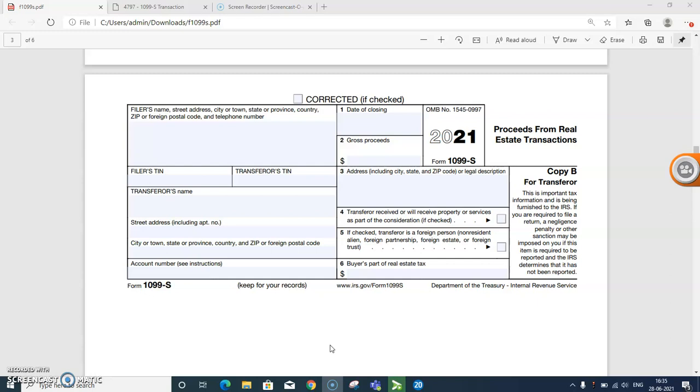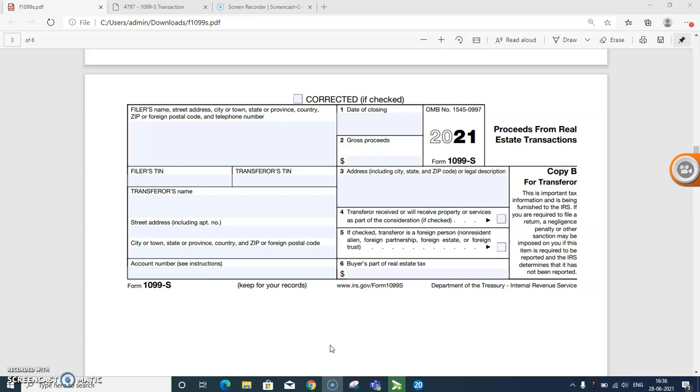So guys, be very careful. If you receive a Form 1099-S for the sale of your personal primary residence, then you should check the appropriate box on your Form 1099-S, and the sale of your home will be reported on Form 8949 and Schedule D. But if you received a 1099-S for the sale of a business or rental property, then it is reportable on Form 4797 and Schedule D. So be very clear about it. Don't get confused. That's why I repeated these lines.